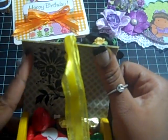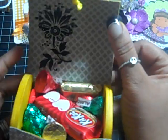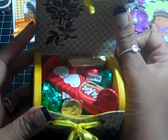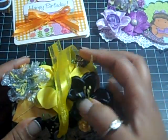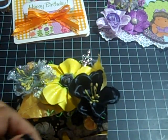And then, so this is the inside. I used designer paper for the inside, and I put some candy that I had left from Valentine's Day in there. So yeah, that is that project,